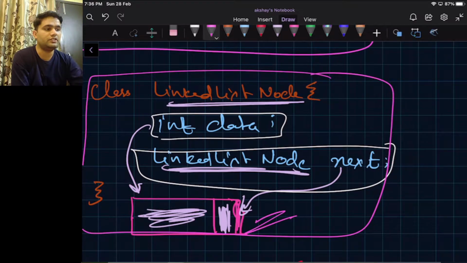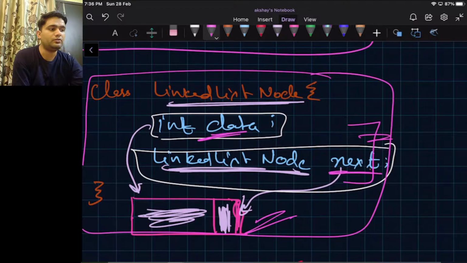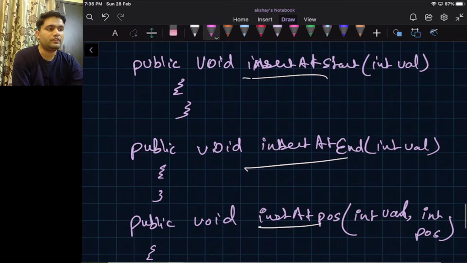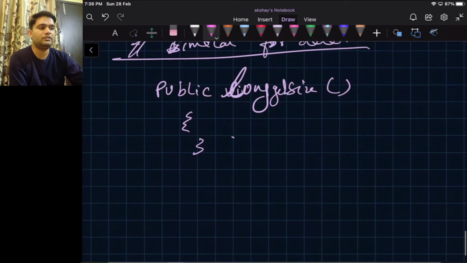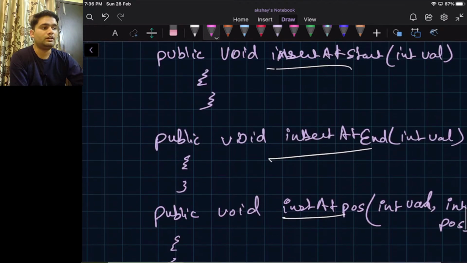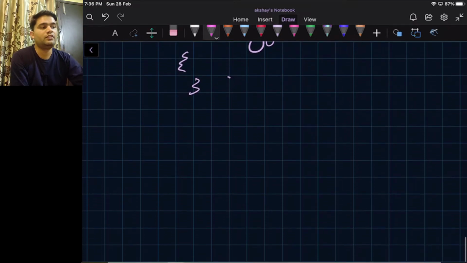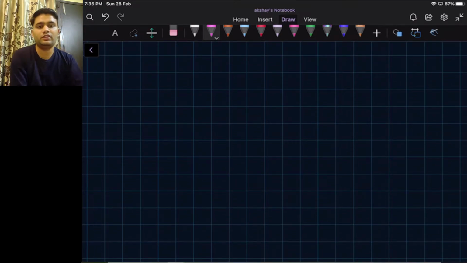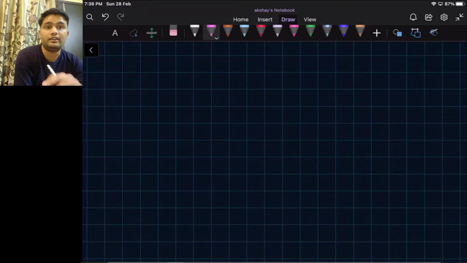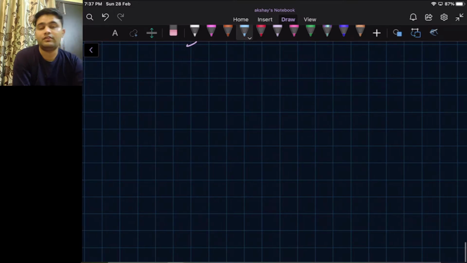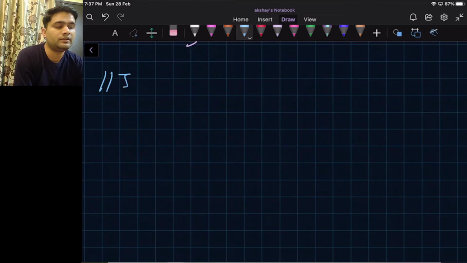Then we discussed how a linked list node is visualized. This is the visualization, and this is the typical data structure that it contains: data and a pointer to the next node, which is of the same type as the linked list node. Then we created this dummy class where we discuss all the ADT features of linked list. In this video we will continue after that, and we will try running every feature that a linked list provides. So let's get started with insertion in a linked list.